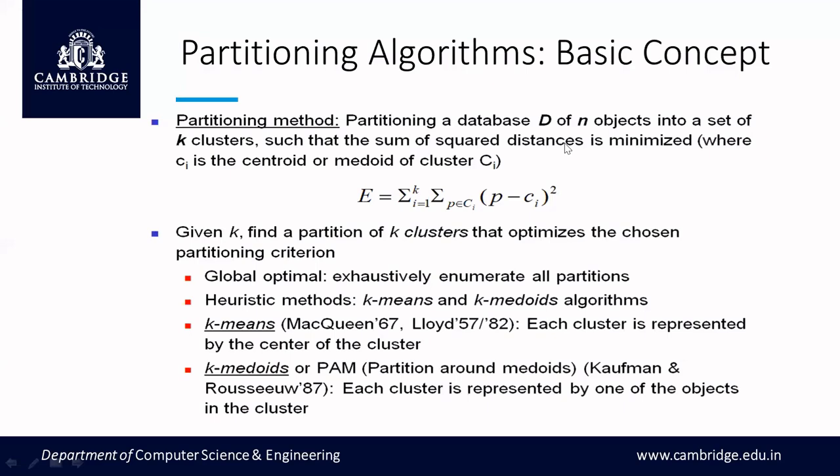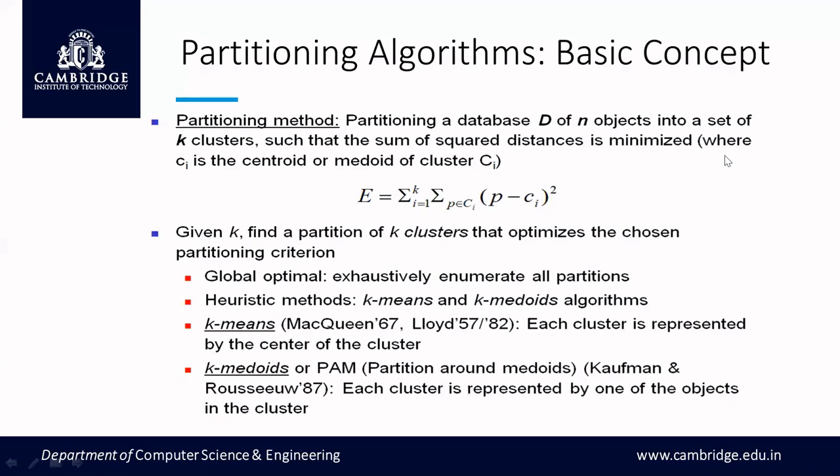So how should we start? In order to start, you will have, say, n objects or n data points. Randomly you will choose, for example, if I want to classify all my data points into 2 clusters, then my value of k would be 2. In that case, I should get 2 centroids. A centroid can also be termed as the center of the cluster.